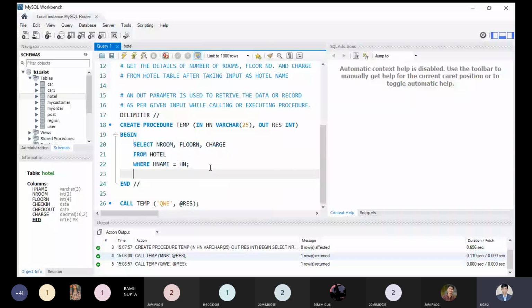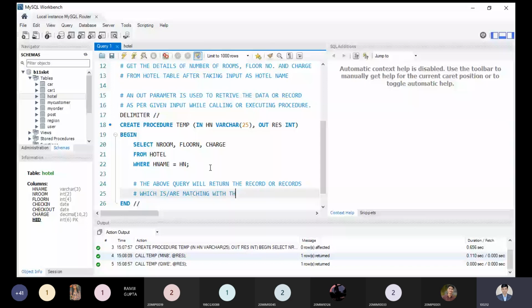I can write over here: the above query will return one record, or records, which are matching the given input and nothing else special.